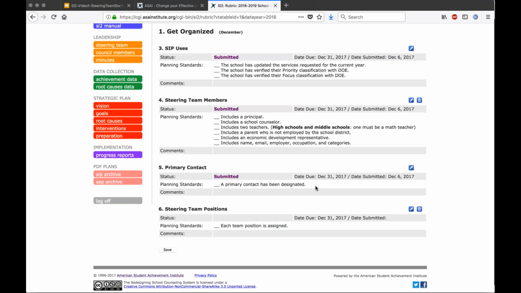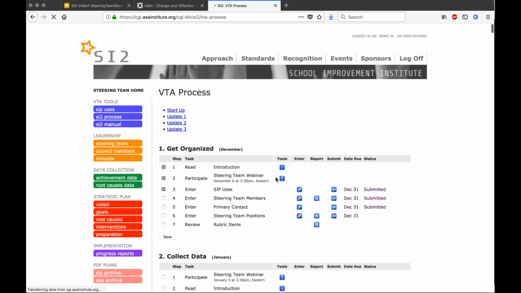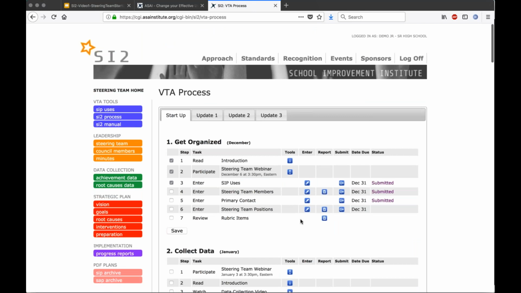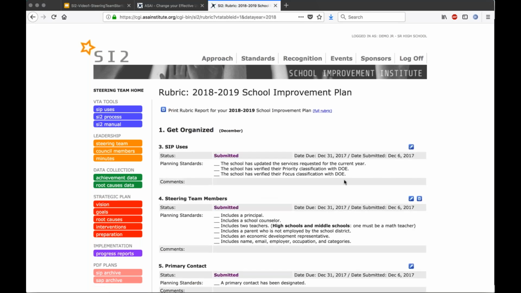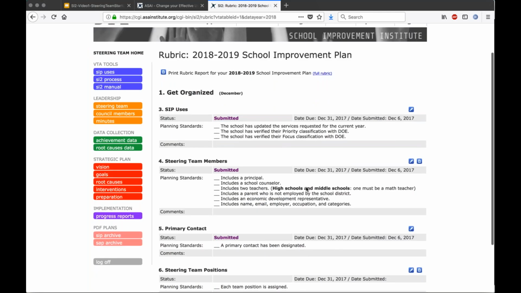So we try to be very upfront and make sure that nothing is a surprise, so your rubric will always be listed and linked from your process as the last step. When you get feedback, each of your items will be linked, and if I click on submitted even, right now it takes me to the rubric, and I can check the status. I can see if Tina checked all my boxes and if she has any comments.